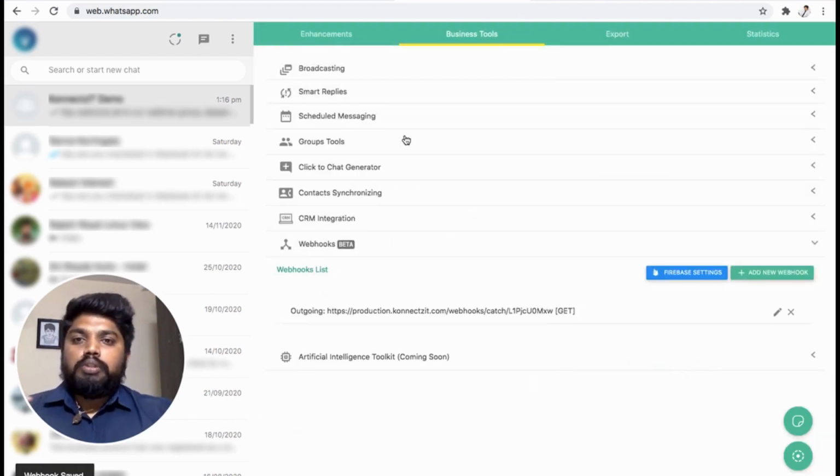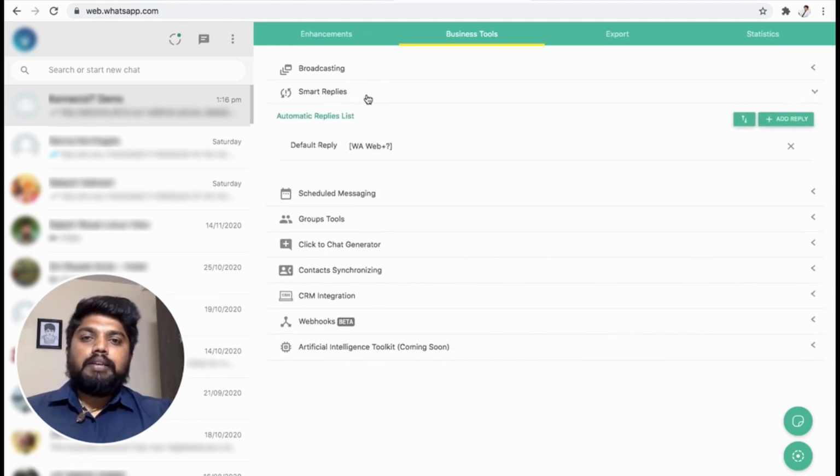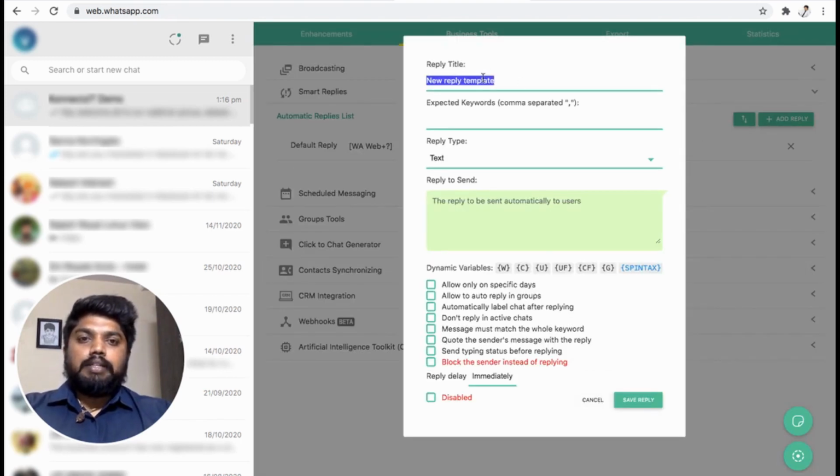Now you have to do one more thing: create a smart reply to enable your webhook, with a keyword that triggers your webhook. I'll add a reply and mention the name. You can take this as a keyword. Whenever somebody sends your keyword, you can transfer that data. That is, whenever somebody sends this particular keyword, their data will be automatically entered into Google Sheet. Now I am going to use the keyword Connexit